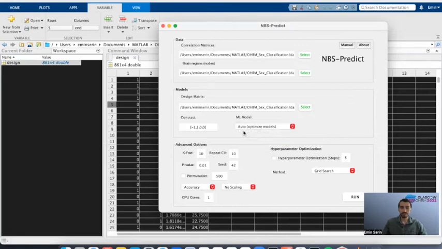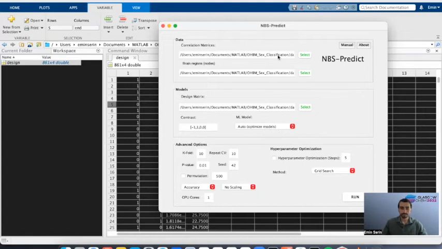And also there is the auto optimize option, which simply tells NBS-Predict to run several times using the suitable machine learning models for your problem.